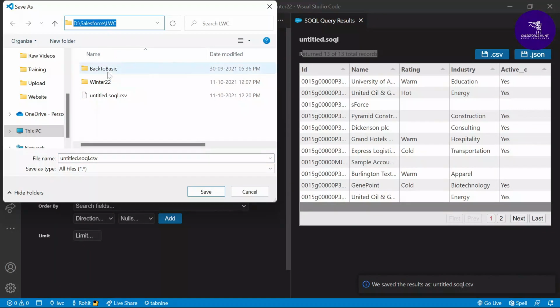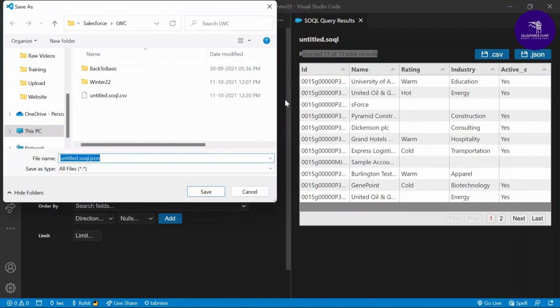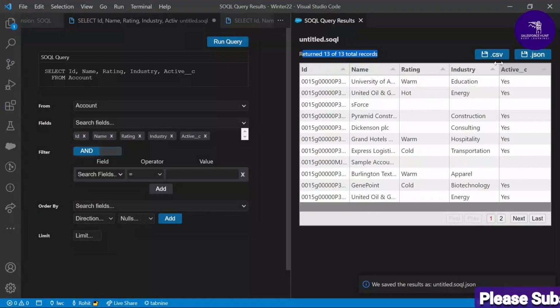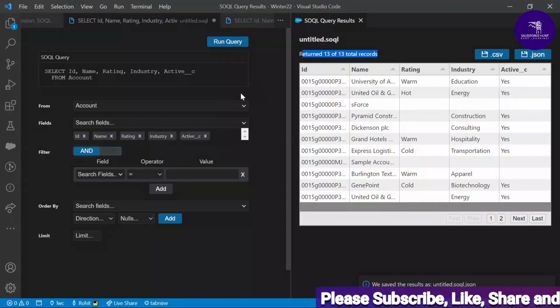You can open this CSV file as you want, right? So here you can see this is the file and you can open it. Okay, so here you can see you can download .csv as well as JSON. You can download as a JSON file here. So I downloaded 2 files. Okay, so you can open this JSON or CSV file in your text editor as you want. All these records come under this format. Okay, so this is one way to execute your query.